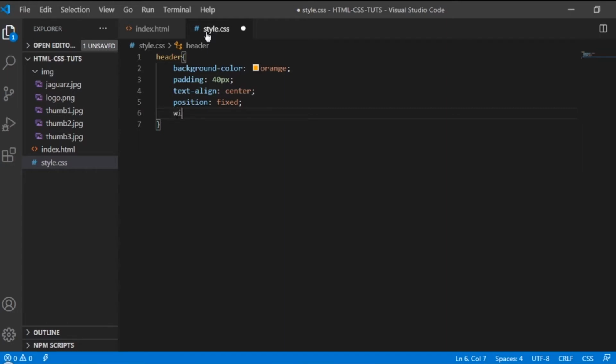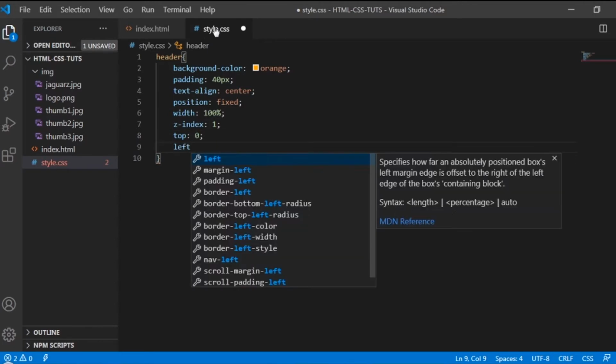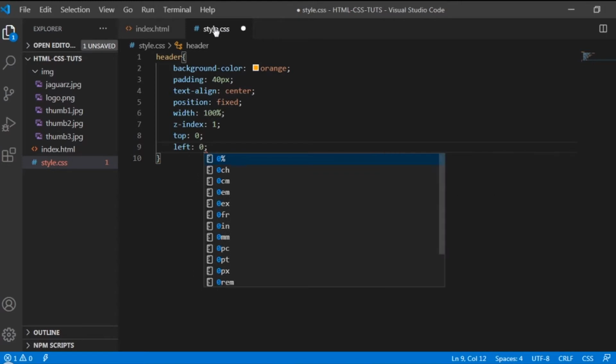So width is 100%, and then z-index is 1. And then let's set top and left to 0 so that there will be no space from the header, from top and left. So top 0, and then left is also 0.